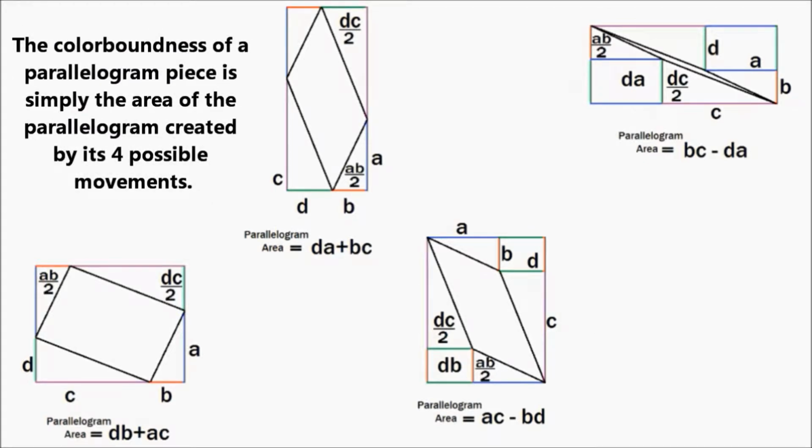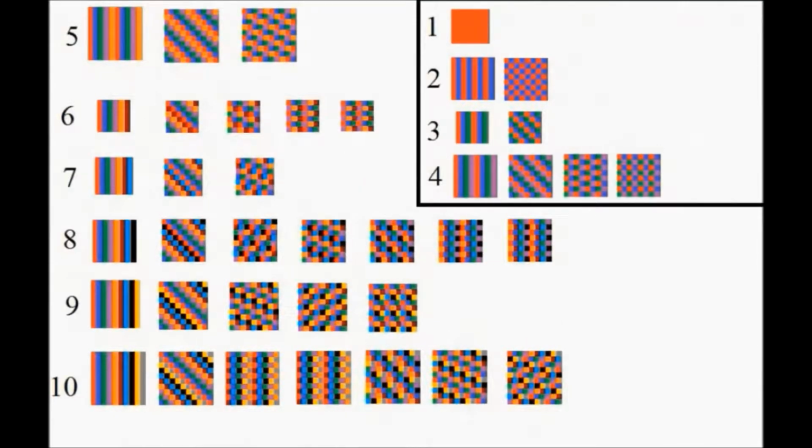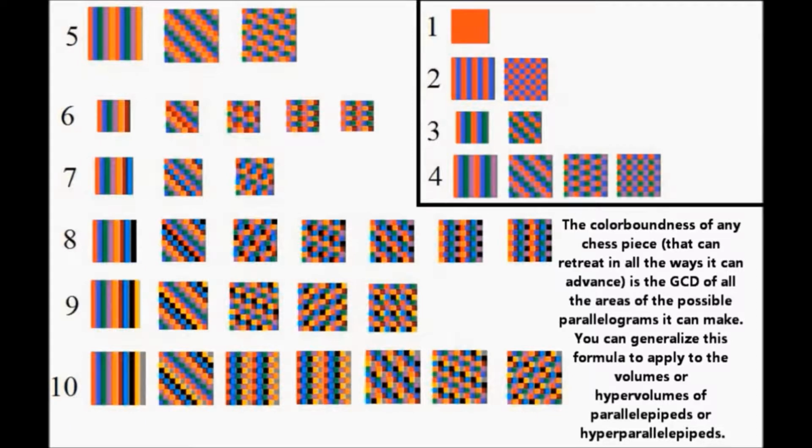Parallelogram pieces have a color boundness that's equal to their area, just like rhombus pieces. These boards show the possible realities of parallelogram pieces with color boundnesses of 1 to 10. You can use parallelograms to generalize the color boundness formula to include hybrid pieces. The color boundness of any chess piece is the GCD of all the areas of the possible parallelograms it can